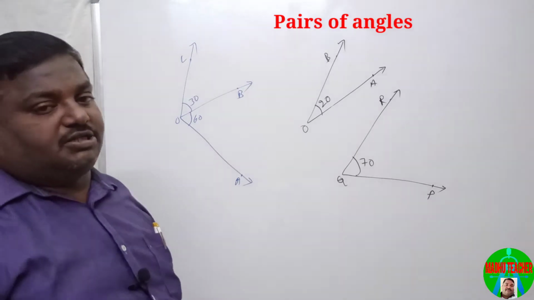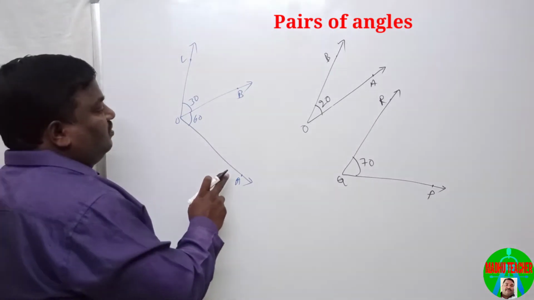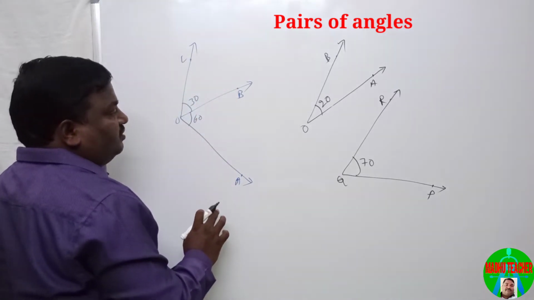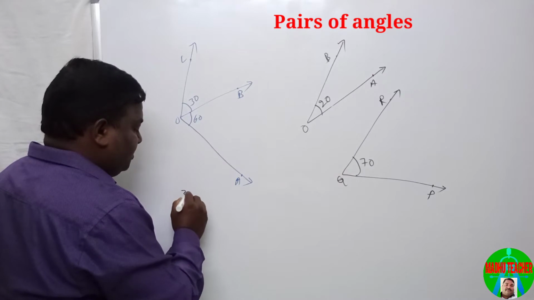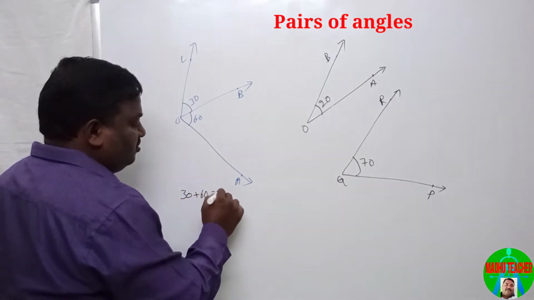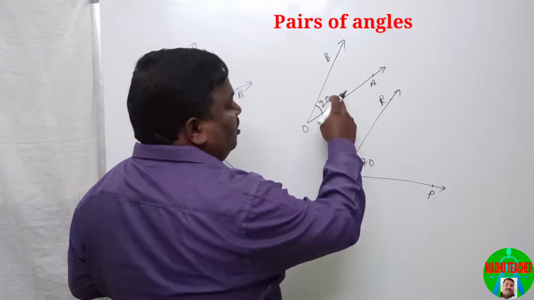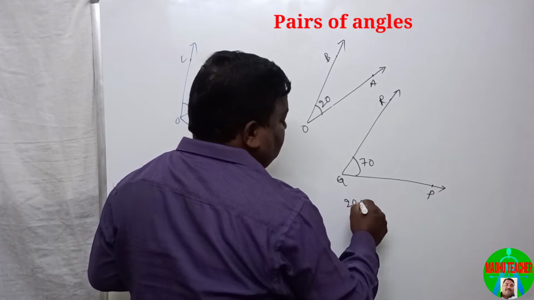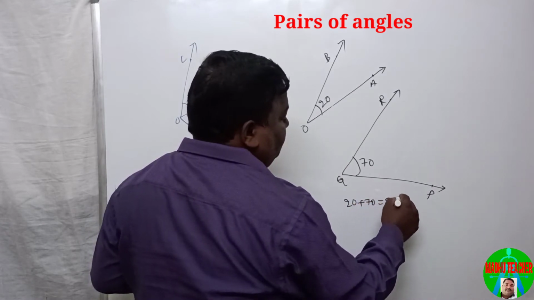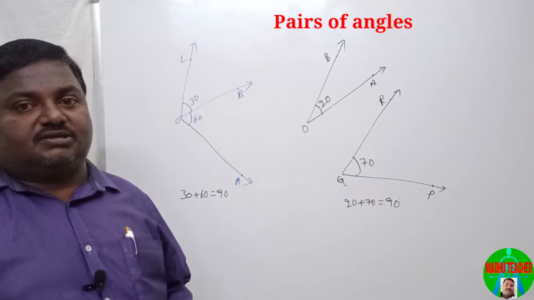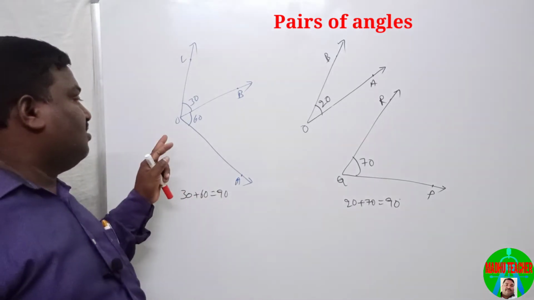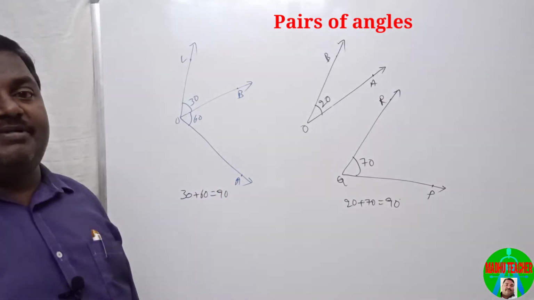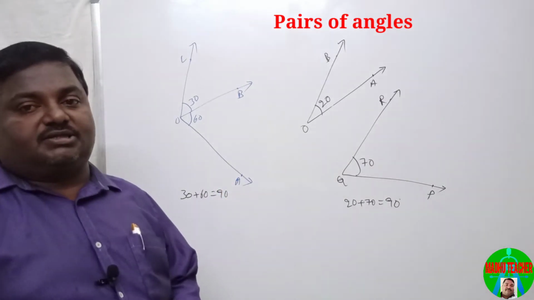Let us observe these angles. Here we have AOB and BOC angles. So the sum of these two angles is 30 plus 60, that equals 90. Here also we have a pair of angles. The sum of these two angles is 20 plus 70, that equals 90 degrees. These types of pairs, if the sum of two angles is 90 degrees, are